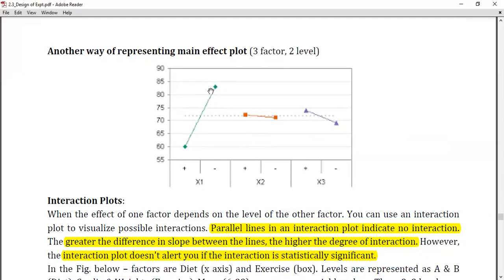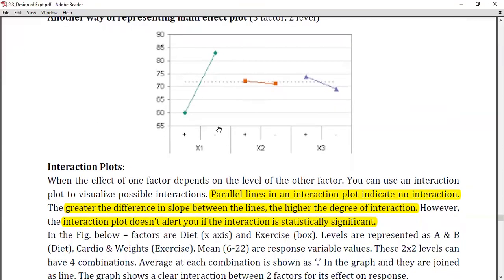This one has a lower value, and a high at the higher value. That means the effect is positive. It has a positive slope, the effect is positive. Sorry, it's negative; it's written the reverse way, plus and minus, high over here, negative over here. So you need to observe these things carefully also.